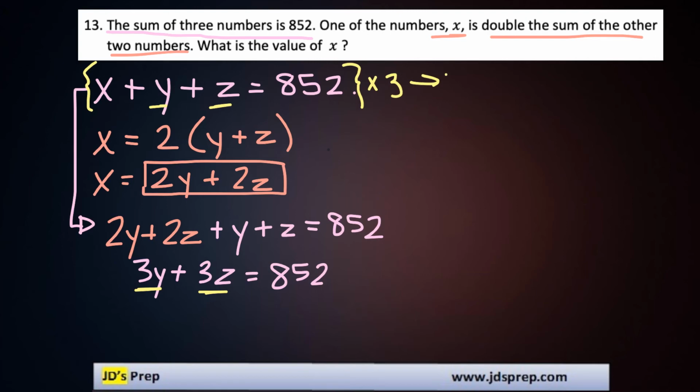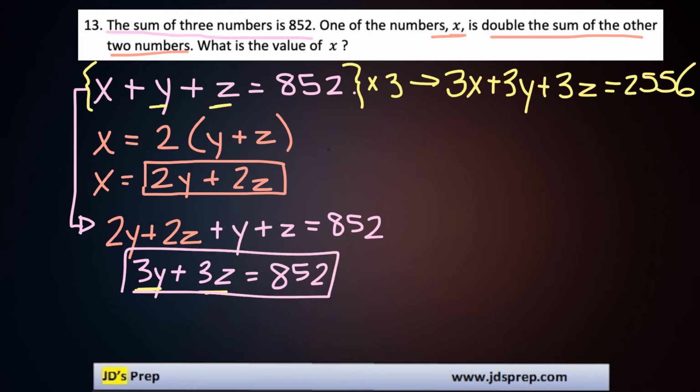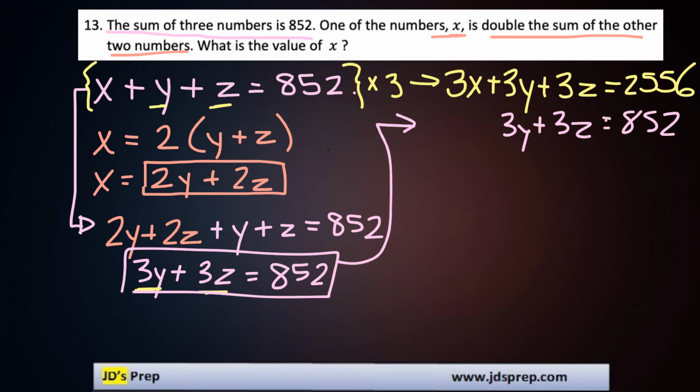Multiplying everything here by 3, we would get 3x plus 3y plus 3z equals 2,556. And then what I'm going to do is I'm going to rewrite this equation just below it. So it would be 3y plus 3z equals 852. And now we're going to subtract. We're going to take that first equation, subtract this, and you can see that the y's and z's would cancel out, and we'll just be left with 3x equals